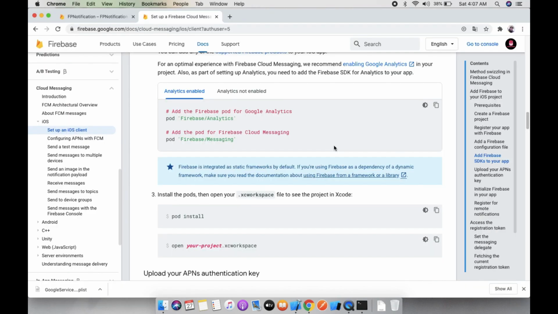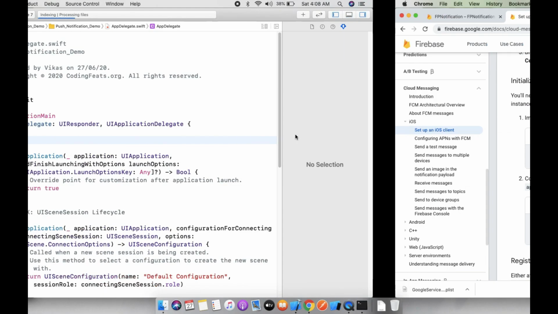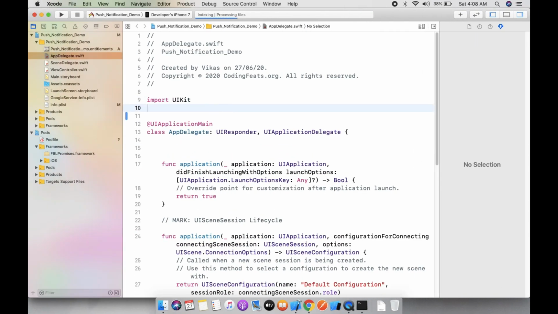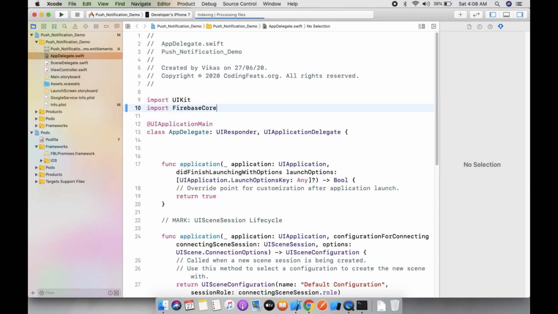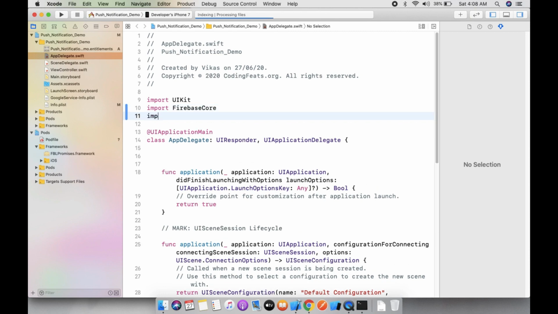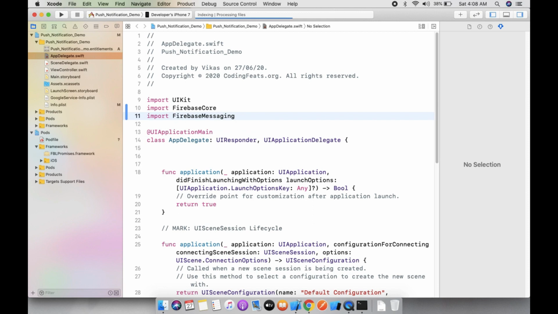So now we will go to the AppDelegate. Here we first need to import the Firebase Core framework and import the Firebase Messaging framework.